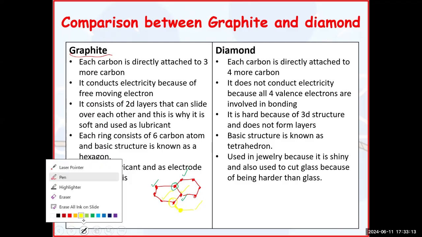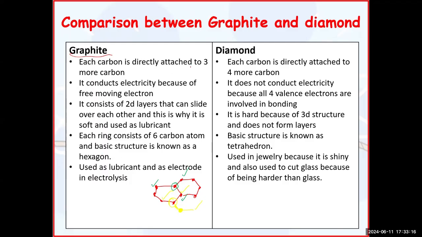So what I mean to say is that the structure learning says you have to learn that in graphite, the carbon is directly attached to 3 more carbons. Although what we know about carbon is very familiar to us. Now we are very familiar with this atom. It belongs to group 4 and it can form how many bonds? It can form 4 bonds. But how many is it forming? It is forming 3 bonds only. It means it has 1 electron which is left somewhere. All carbons which are here are left with their 1 electron which is not involved in the bonding.